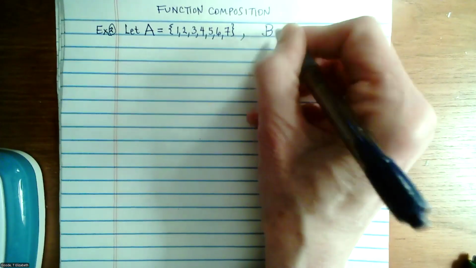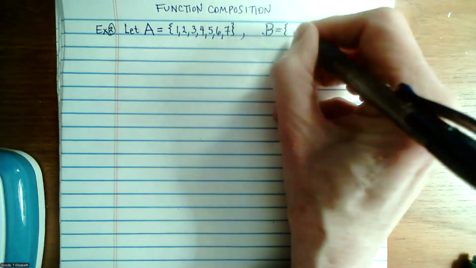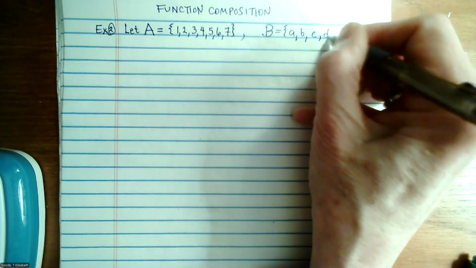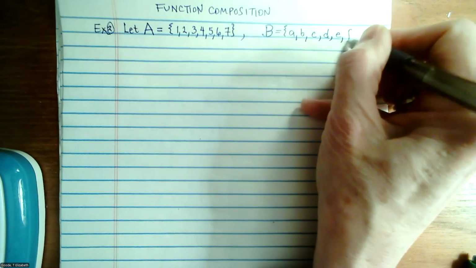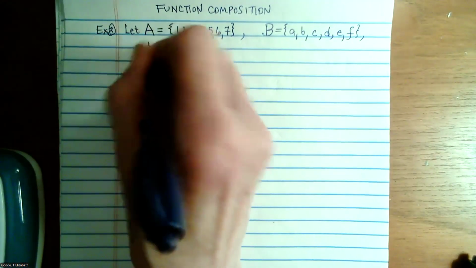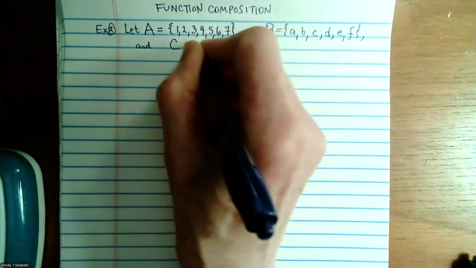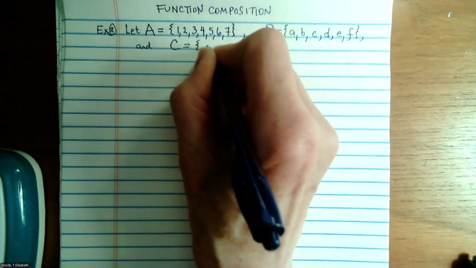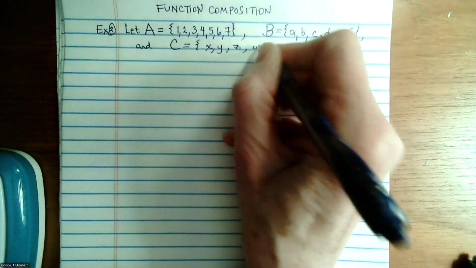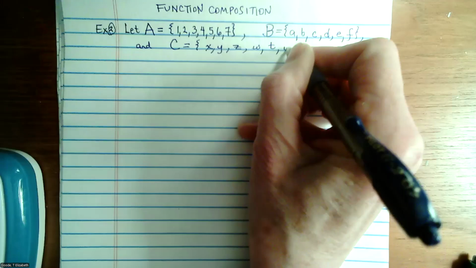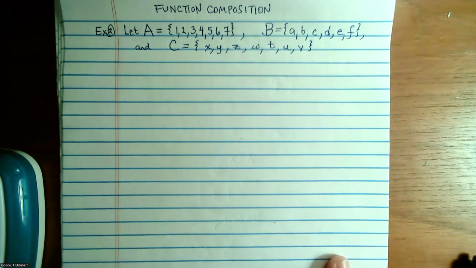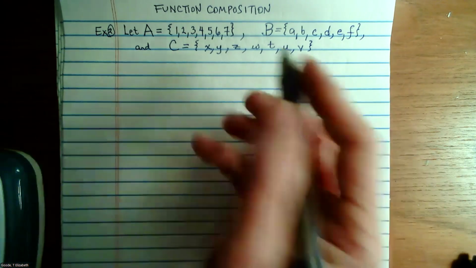B is going to be the set containing little a, little b, all the way up to F: C, D, E, and F. And we're going to let set C be the set containing little x, little y, little z, little w, little t, u, and v. Okay, so we've got 3 sets. We're going to define